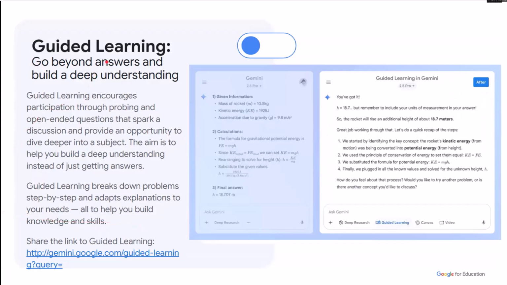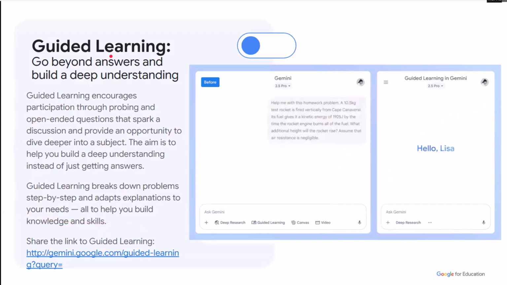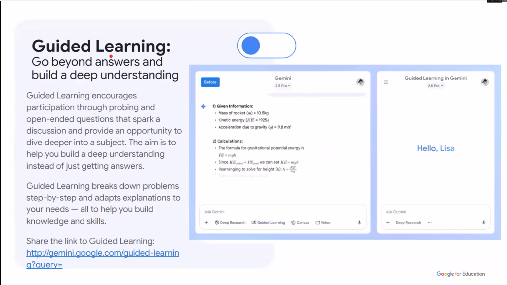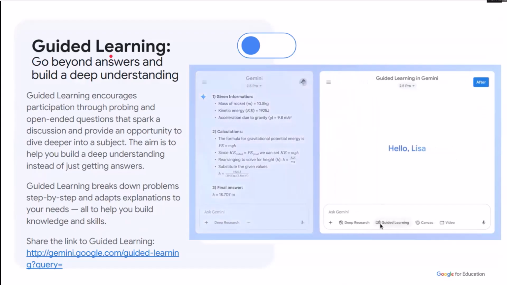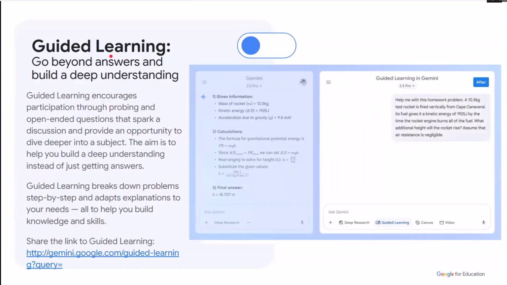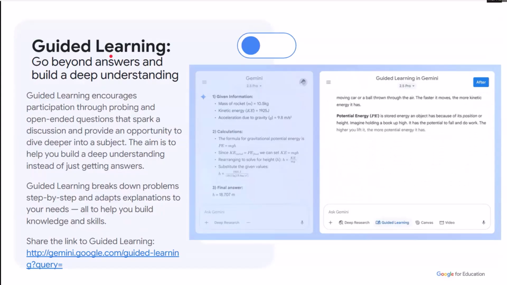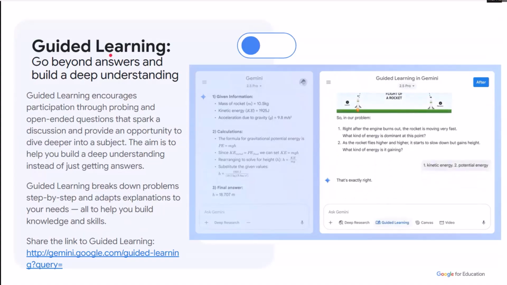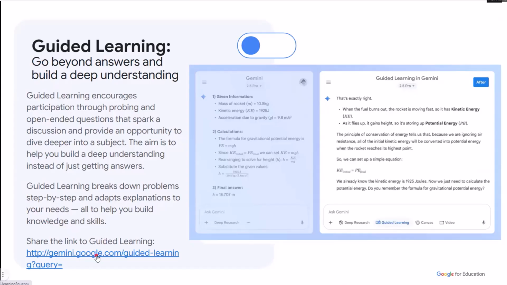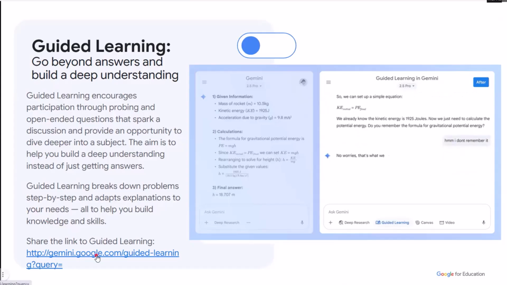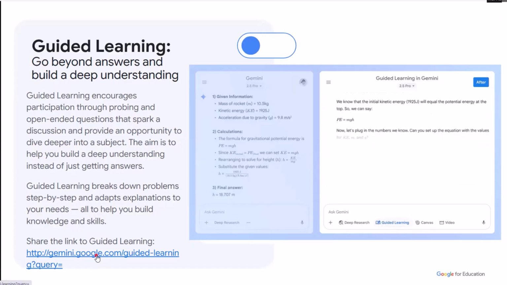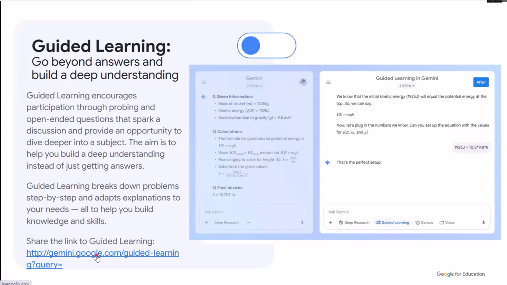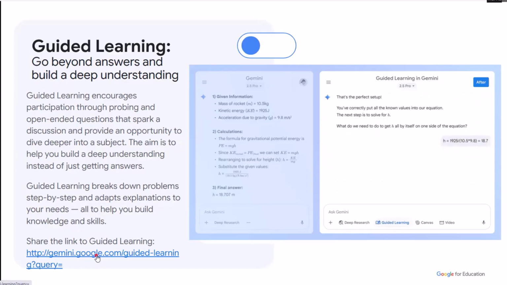Now let's talk about guided learning. This is relatively new, and guided learning encourages, when you're prompting, it doesn't give you the answer. It walks you through how to break down that problem step by step and help you build the knowledge that you need. So in this presentation, I have the link so that you can actually share this link with your students and it will put them into guided learning. Now, granted, they could click on something else, but it puts them in that